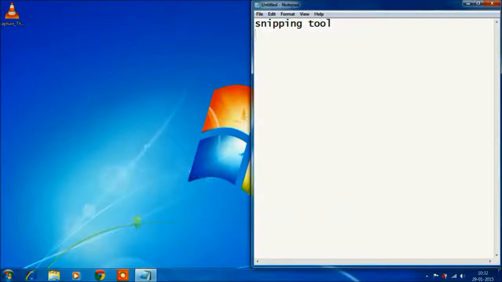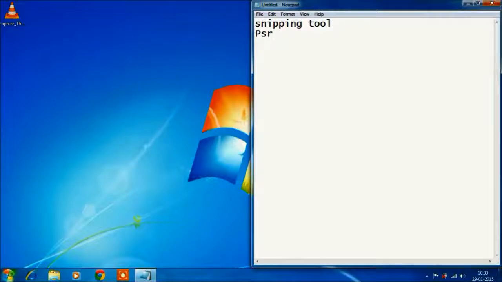So there is one more tool. The second tool is problem steps recorder. Normally there are so many software programs for recording the screen. But this problem steps recorder is one tool with which you can easily convey your message to any of your friends.